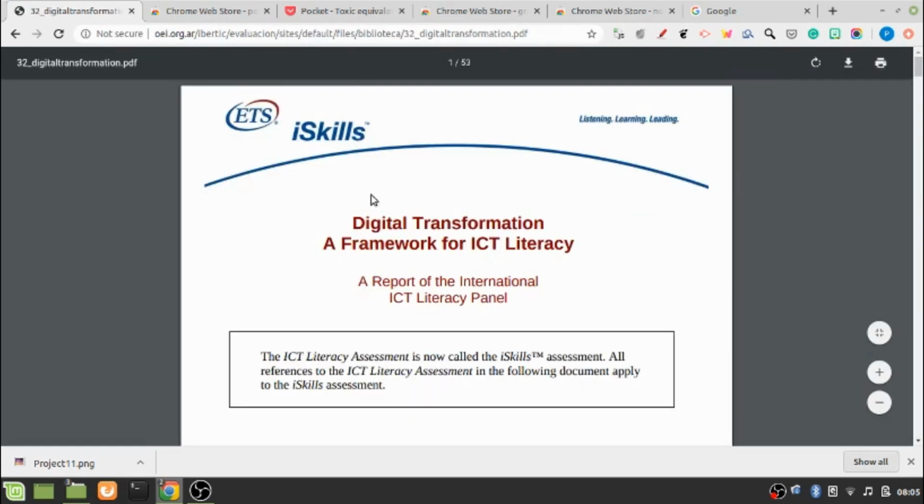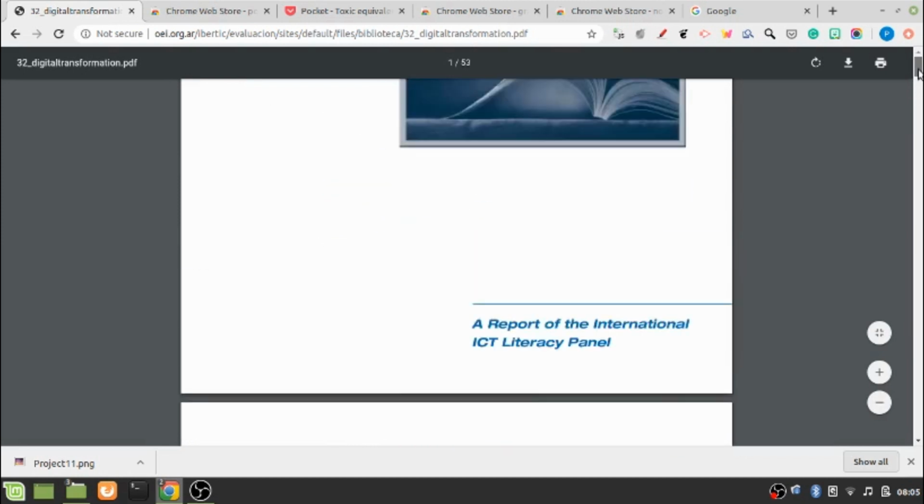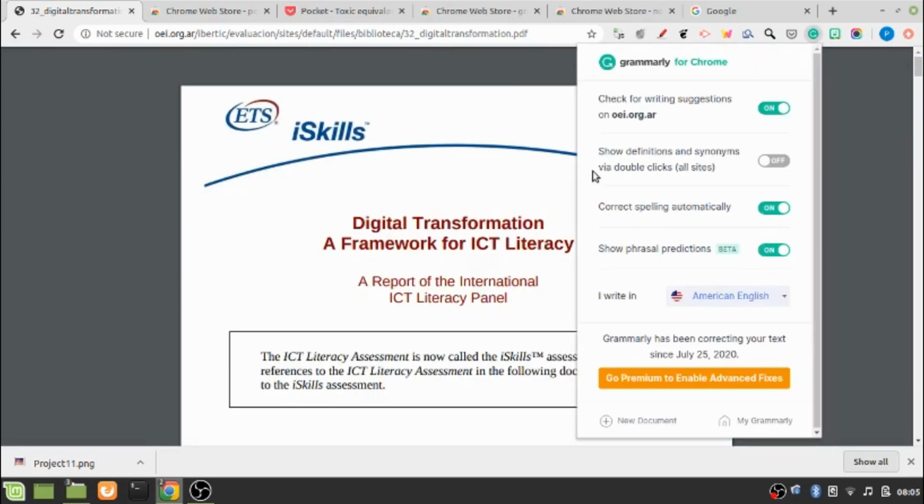Here I have opened a page on ICT, and now I click on the icon for Grammarly on my browser. Let's see the settings first. Here also you need to log in first with your Google account. So in the settings,